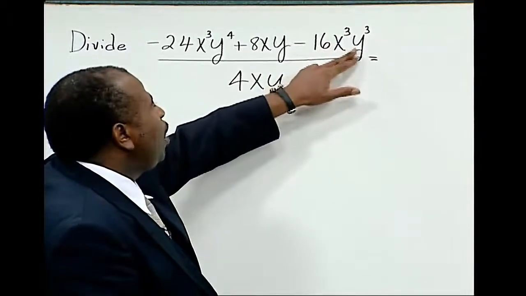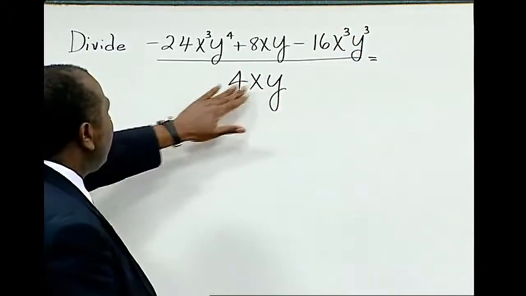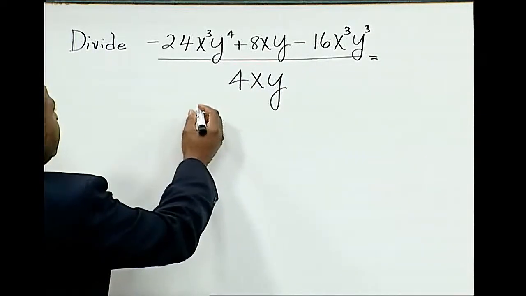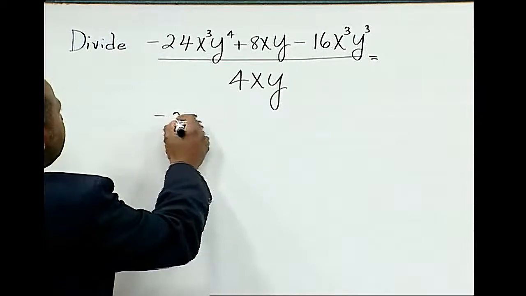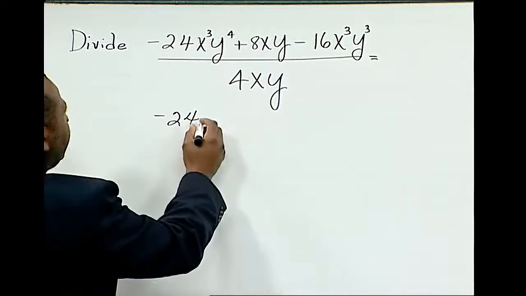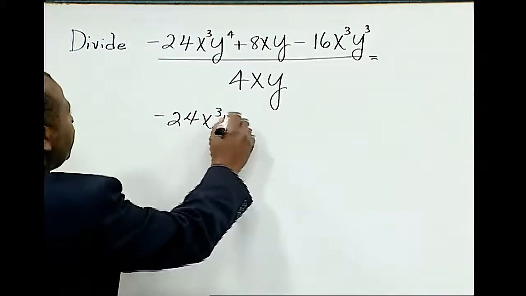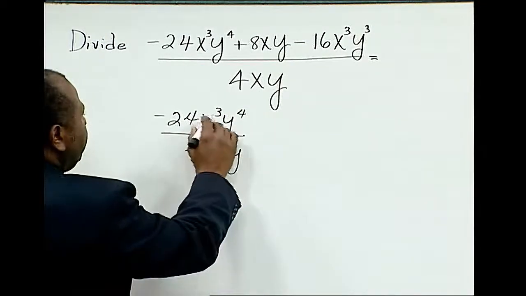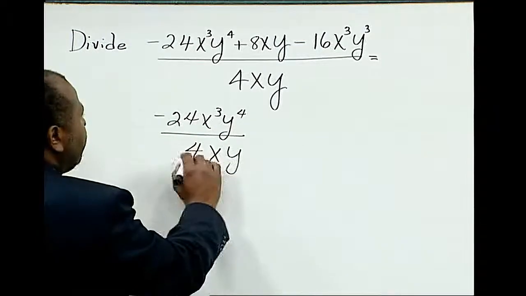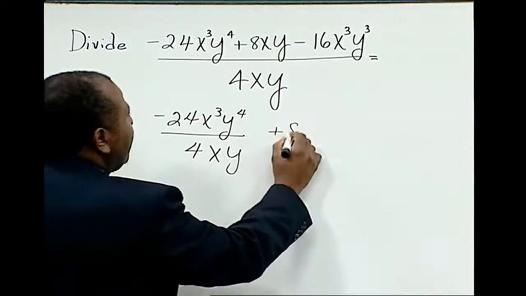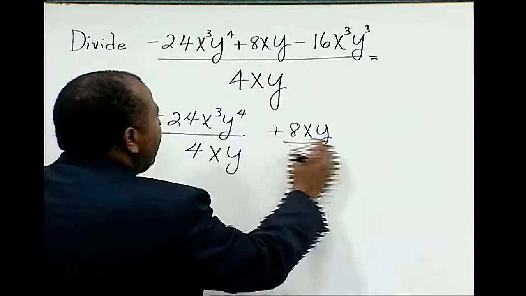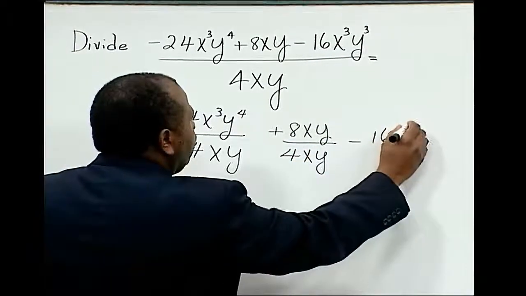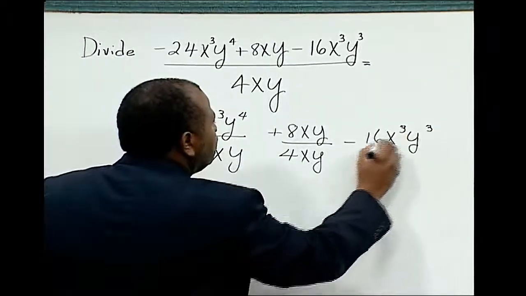x to the third power, y to the third power, divided by 4xy. In writing this problem, it is helpful to write the 4xy as the divisor for each term in this expression. Negative 24x to the third, y to the fourth, divided by 4xy, positive 8xy, divided by 4xy, and a negative 16x to the third, y to the third, divided by